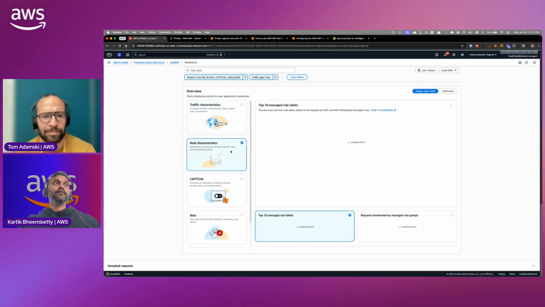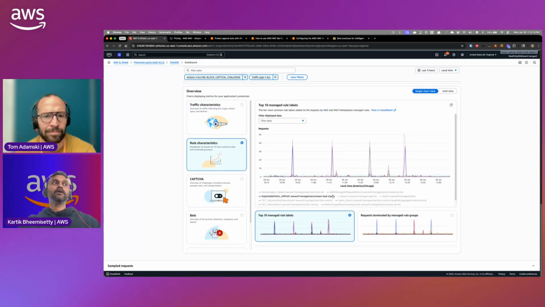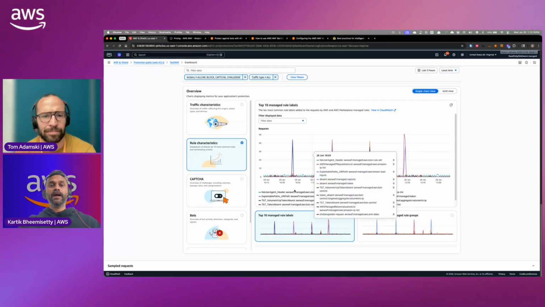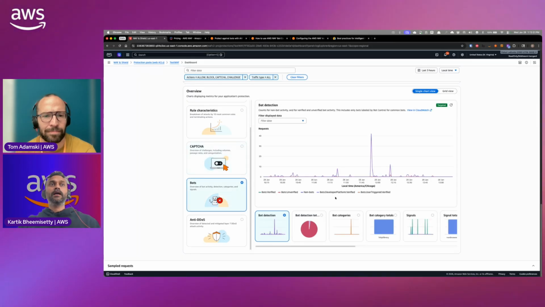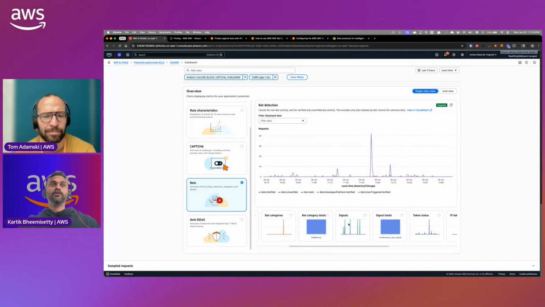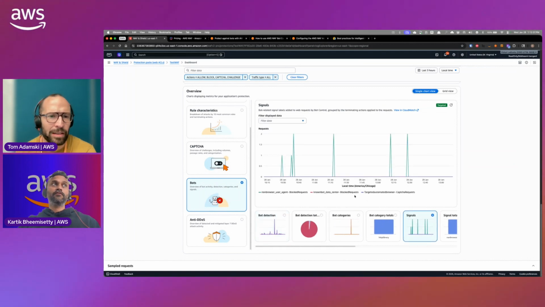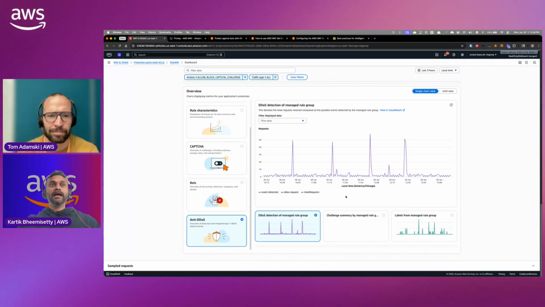In addition to that, it also gives you information around the rules. If you have a lot of rules configured, what are the rule characteristics, what are the traffic patterns for each particular rule? And then if you are using CAPTCHA and challenge, it gives you information on what the CAPTCHA solve rate is for your requests. And then if you enable bot traffic, it will also give a lot of analysis around signals, what kind of bot traffic it is: non-browser, browser, known bots, AI bots, a lot of data. And it also gathers info on whether there is a DDoS attack on your application, if you're protecting it, right?